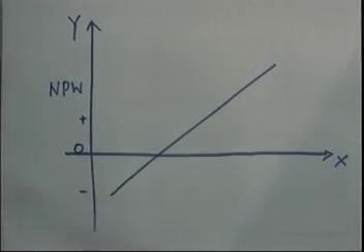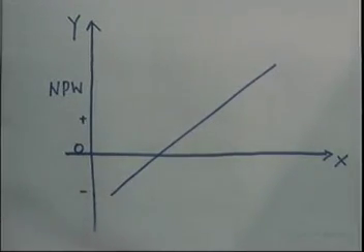For example, when I changed my incomings, I found that at 100,000 my net present worth was rupees 52,869. At 90,000 it has come down to minus 3,632. So, these 2 points I can plot,